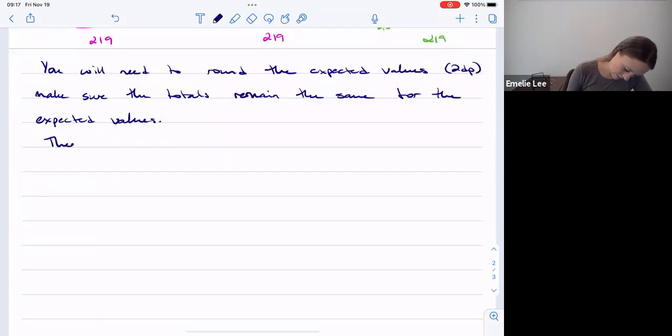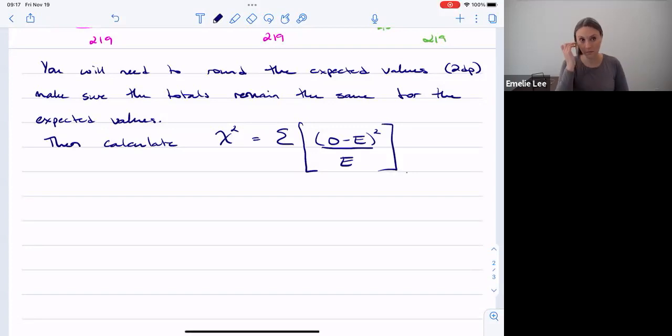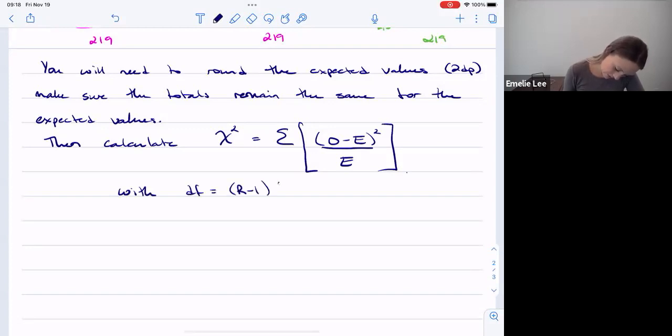So then calculate chi-squared, which is the sum of the observed minus the expected squared divided by the expected, with degrees of freedom equal to r minus 1